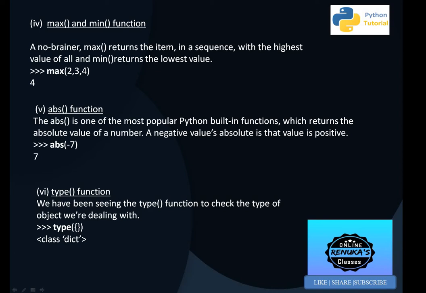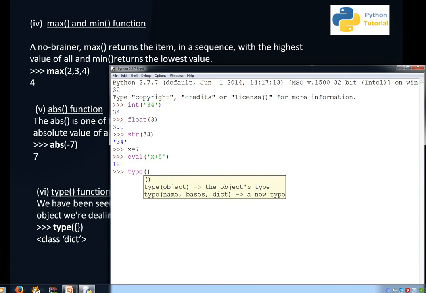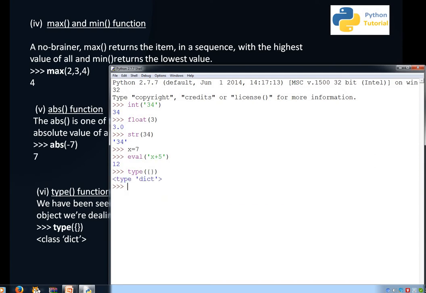We can again see this on the Python prompt. If we mention type and in brackets mention an empty dictionary, it will return the type, that it is a dictionary. Absolute, in the brackets mention minus 45 and it will return plus 45.